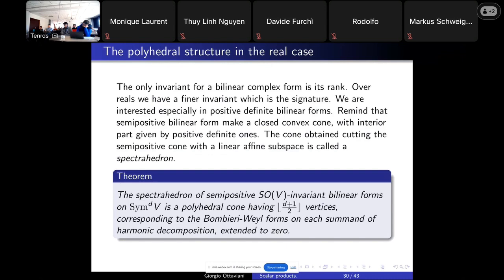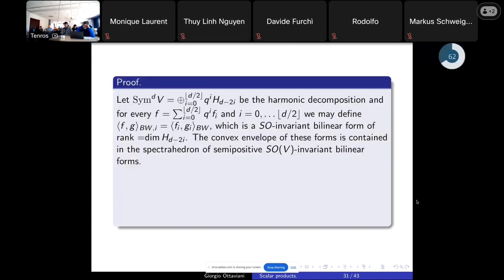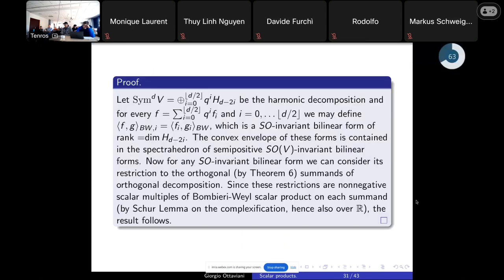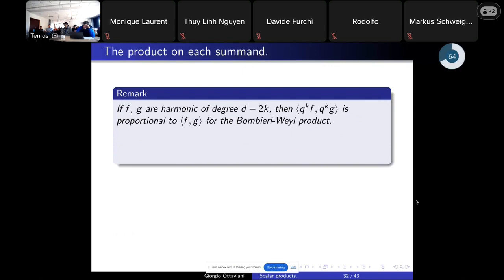This, I think, also reminds me of the computation done by Monique, no? She computed at the beginning how you can decompose in a sum of squares, and she got a segment. A segment was a polyhedral cone in that particular case. Let me skip the proof. And this is a remark which is computationally important,